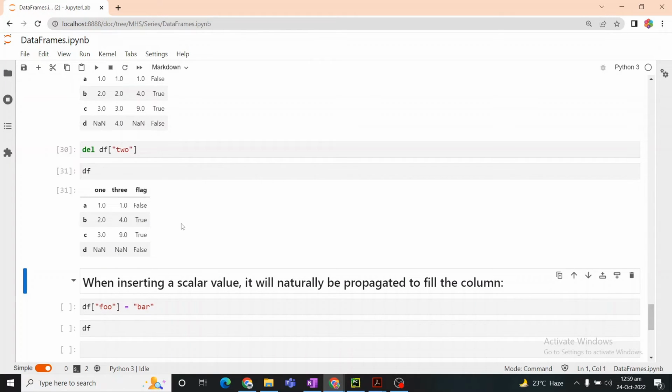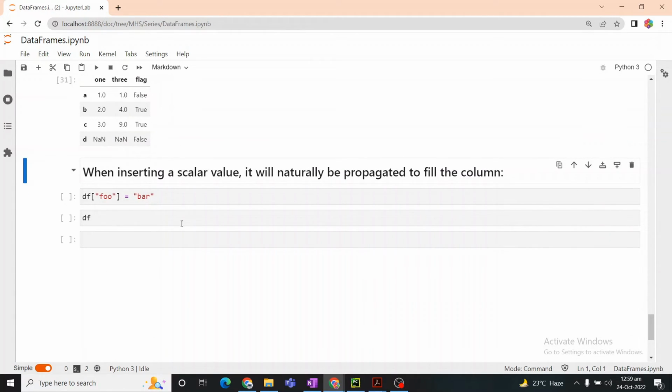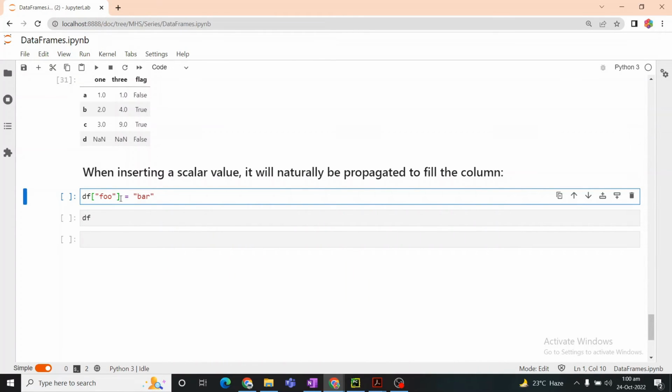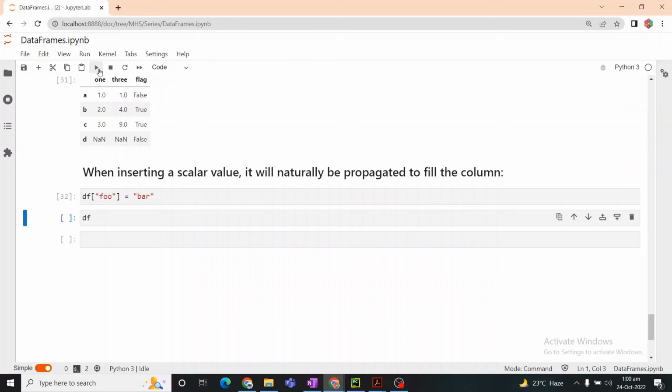Okay, when inserting a scalar value, it will naturally be propagated to fill the column. So we can see we are generating a new column name, that is df data frame foo. We have written it in double quotation marks, and the value is bar, so this is a string value and that is the scalar value over here. If I run this query and check how the new data frame looks,